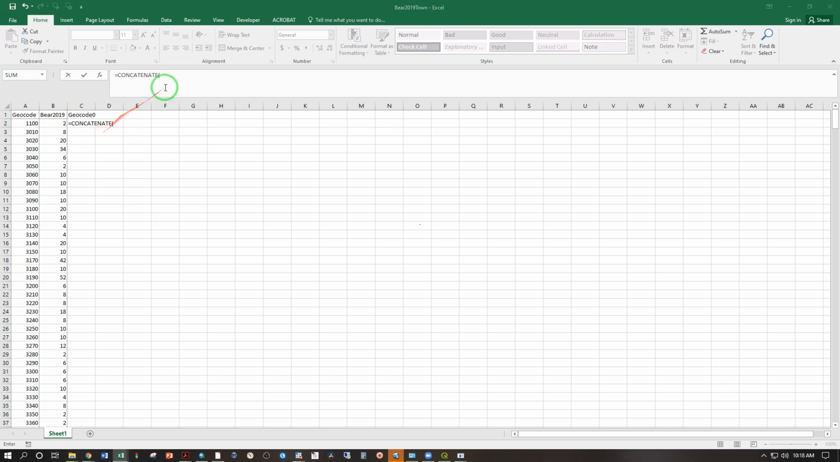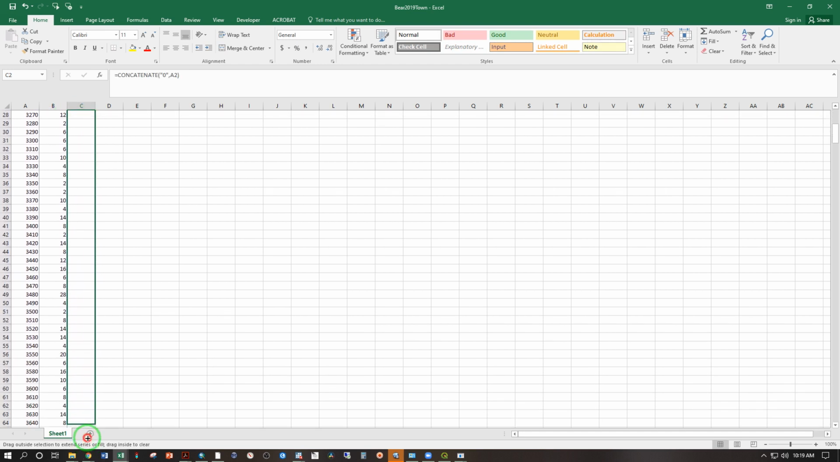Click there if we can't spell it. And that is going to be quote 0, quote, comma, cell A2. And that's going to add a 0 in front of whatever's in cell A2. So now we have all that, but we don't want to go for all of these because not all of